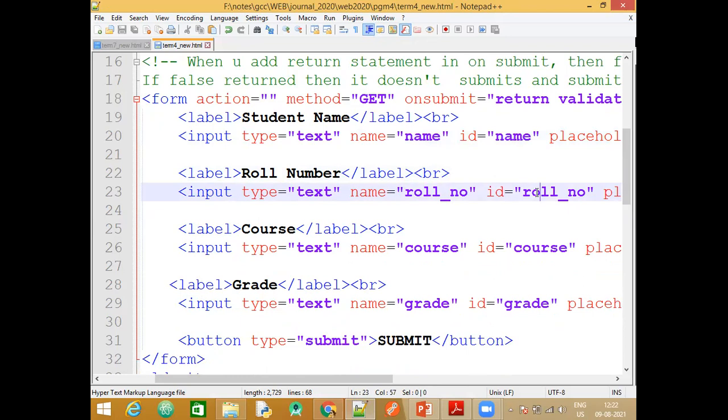Another important thing, since JavaScript is case sensitive, try to use lowercase all the time so that there is no confusion about where capitals are used, whether the first letter is capital, whether the last letter is capital. The easiest way to avoid errors would be to use everything in lowercase. Do not give blank spaces. For example, here, roll number. There are two different words. It should not be like this. If you want, write it continuous or make use of an underscore.